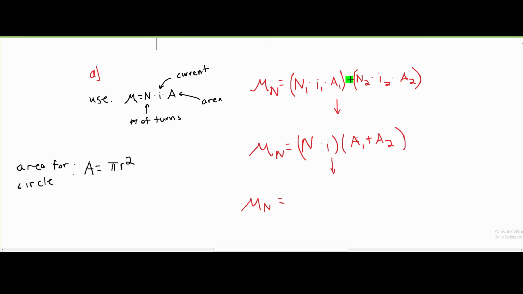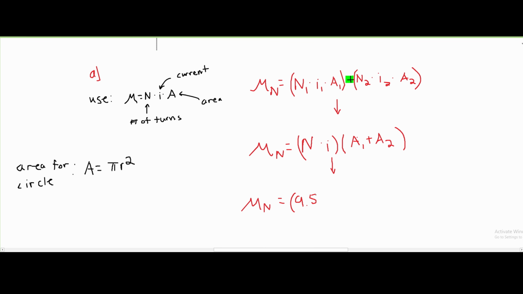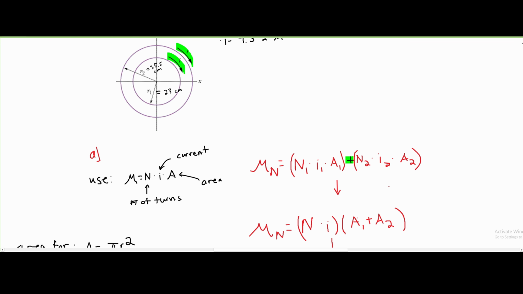So now that we know all this information, we can start plugging in our values. Our n is just 1 and our I is 9.52 amps, so we're plugging this in here. We can factor out a pi since these both are going to have it, and since it's area, it's going to be in meters, so we have a pi meters. And then inside of here we have our radii squared, so we have